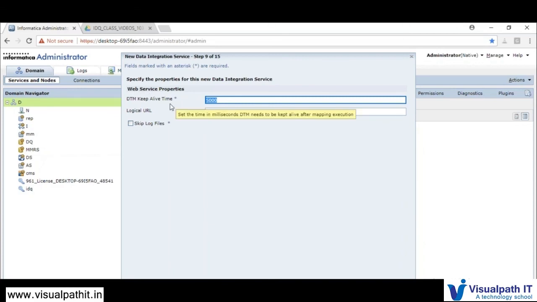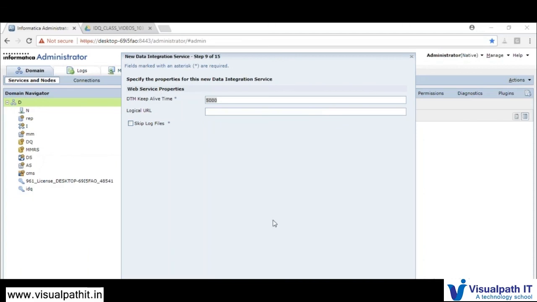Then once the request is processed, for how many seconds does it need to wait? Whether it needs to wait until the next request comes. Until then it will be kept alive. So we will be going with the data transformation manager keep alive settings when we are discussing the web services properties.